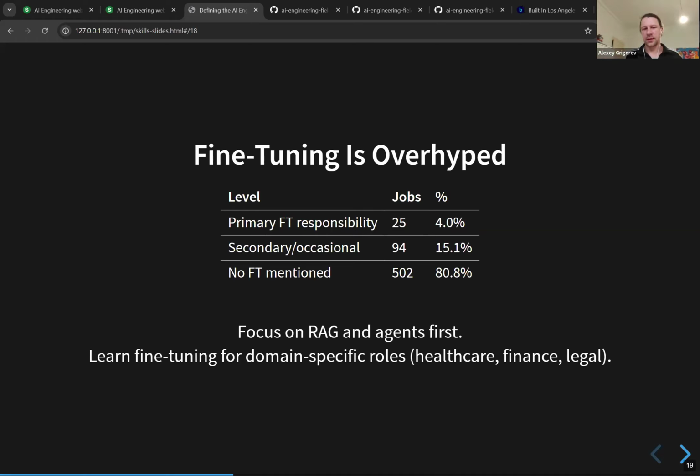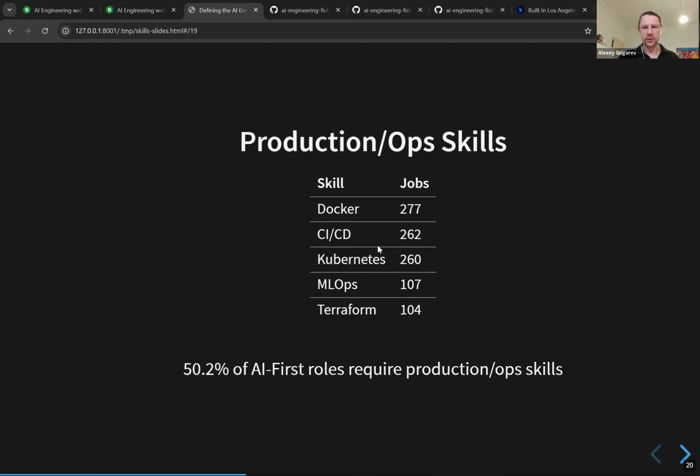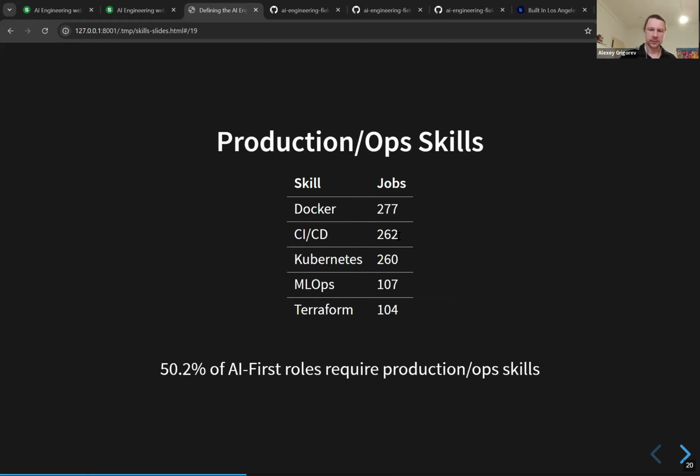So for me, the path is you first figure out things like RAG, agents, things like that, where you don't necessarily even need to know how LLMs work under the hood, in details. Some knowledge is helpful, right? But this shouldn't be the focus at the beginning. So at least this is my interpretation of that. And I was always suspecting that, but I'm very happy to see a confirmation in data about that. So fine tuning is a niche skill, right?